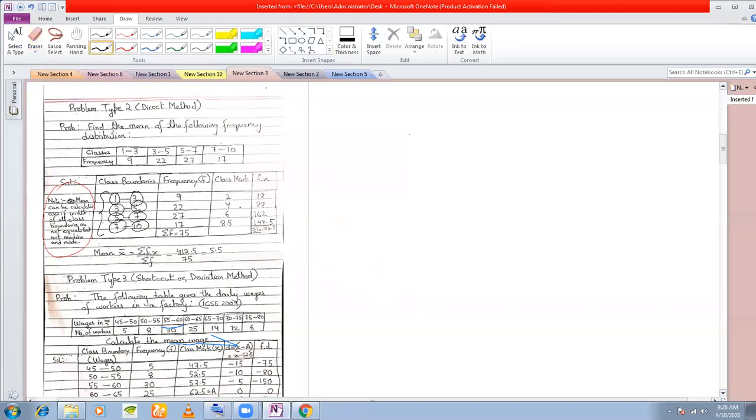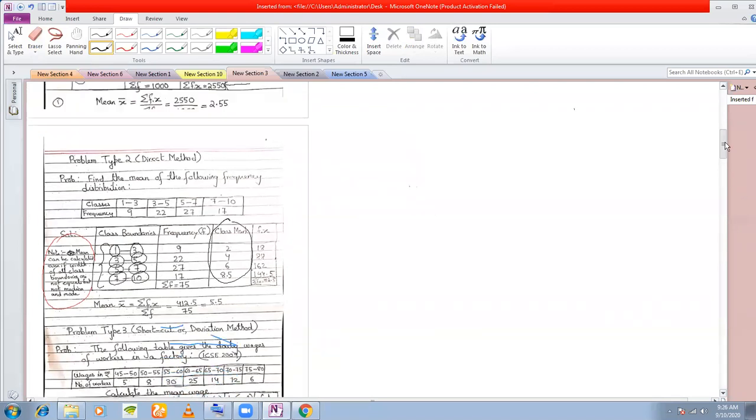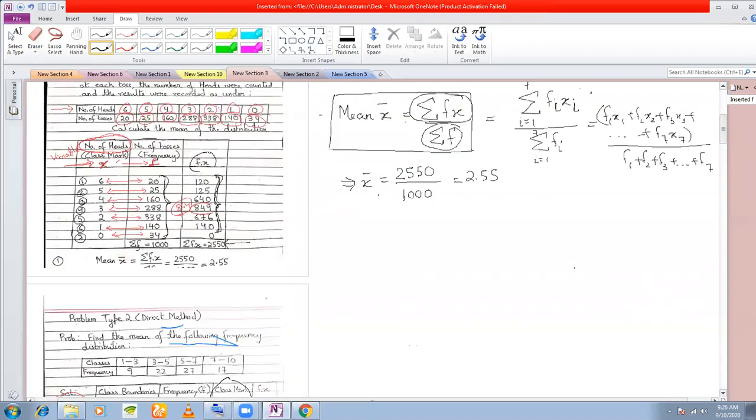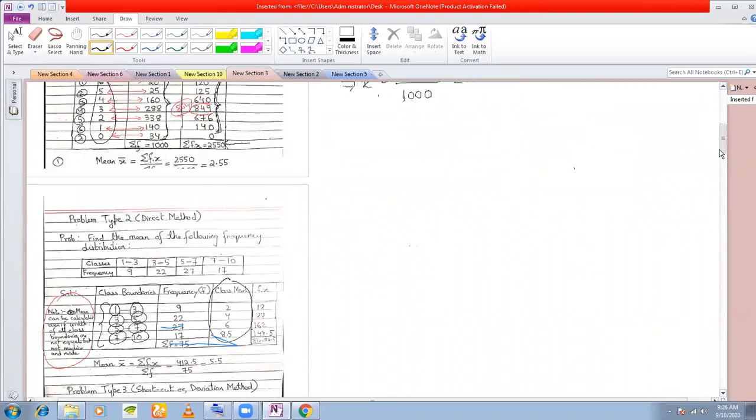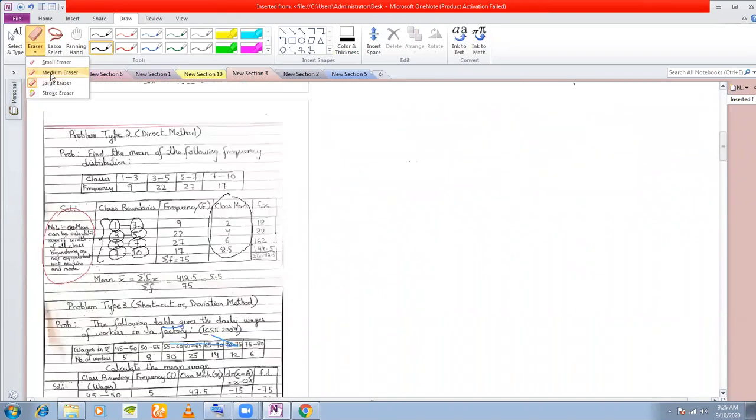Fine. So this is your class mark. The fourth column that we are making here, the extra column, is only for class mark. If you see in the last problem, when there were no class intervals, we did not make any column for class mark. In fact, we were taking this as X. But in this sum, the third column that we make, the class mark column, this is our X. I forgot to write it here, but this is our X.